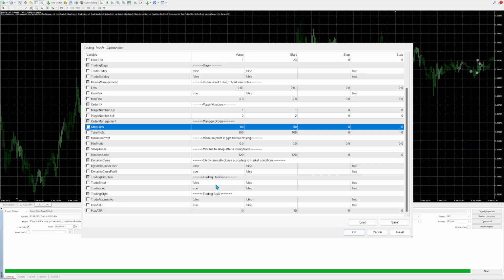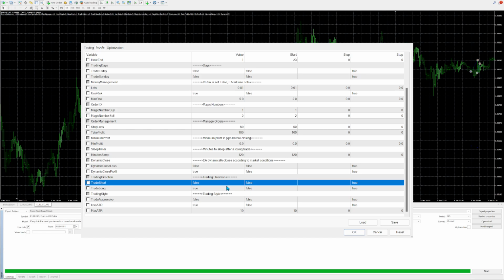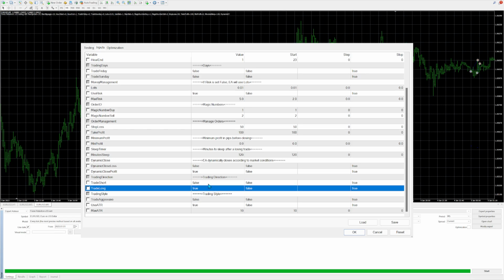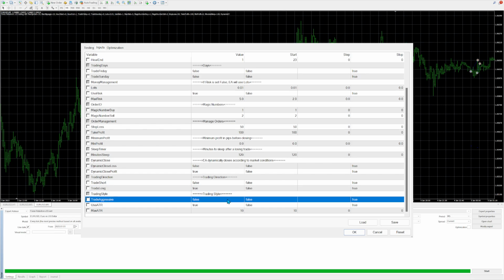Okay, so trade direction: you can choose if you want the EA to trade short or trade long. I've tested both of these and it definitely performs better using the default of trade long. Trading style, trade aggressive, so true or false. Having this set to false does mean